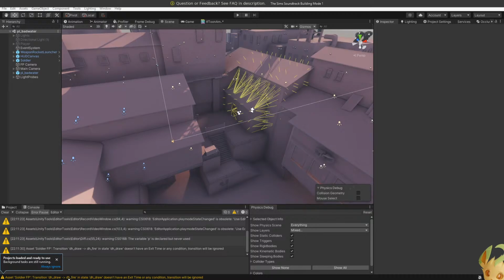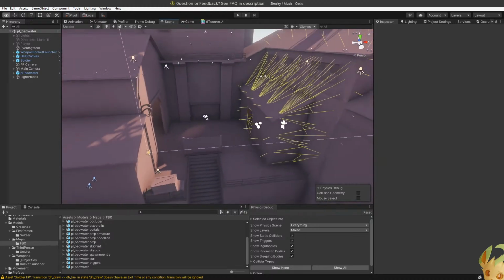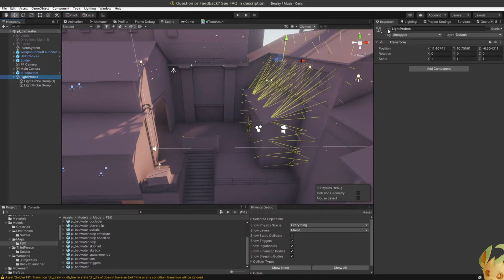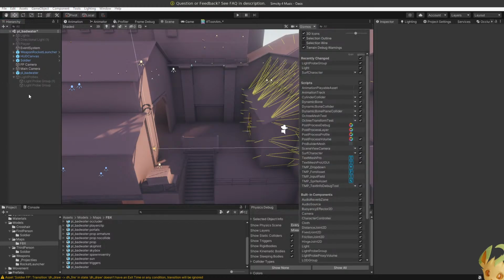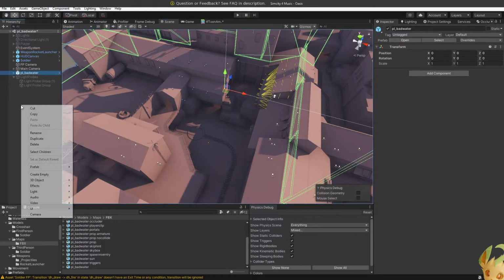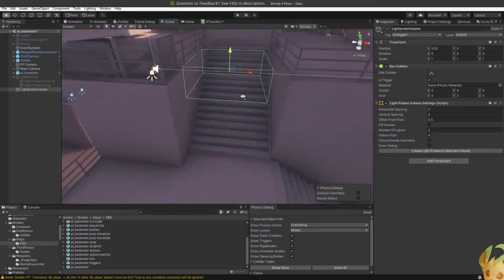Background test. That's nothing to be warned about, my animations, it's fine. Okay. Well, let's hide this stuff for now, even though it's still showing up. Okay, whatever. So let's take a look. My prep volume. Okay, so